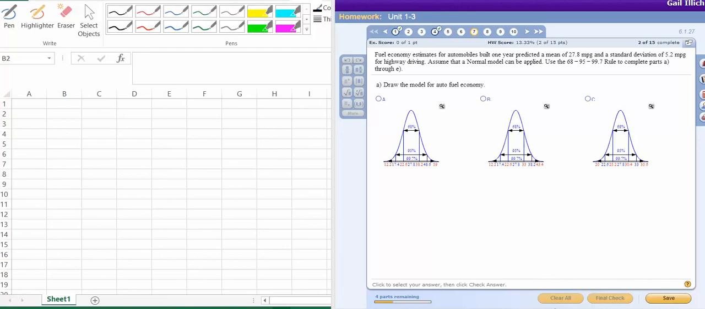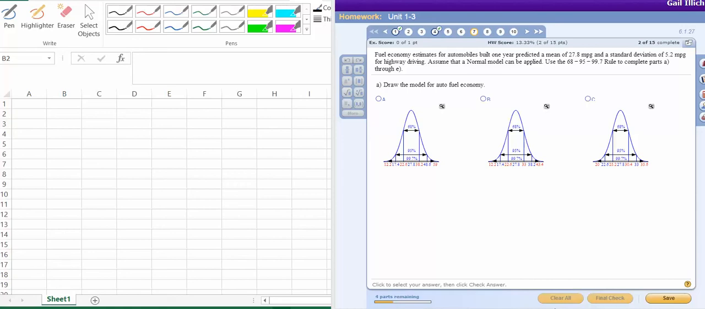Okay, so this problem says that fuel economy estimates for automobiles built one year predicted a mean of 27.8 miles per gallon and a standard deviation of 5.2 miles per gallon when you're doing highway driving. You want to assume a normal model can be applied and use the 68, 95, 99.7 rule to complete parts